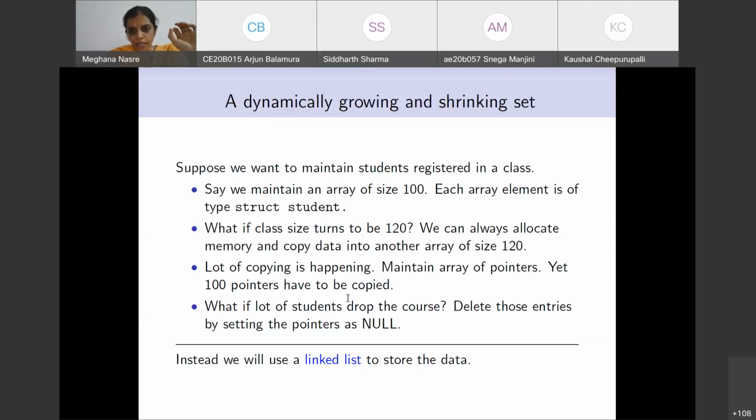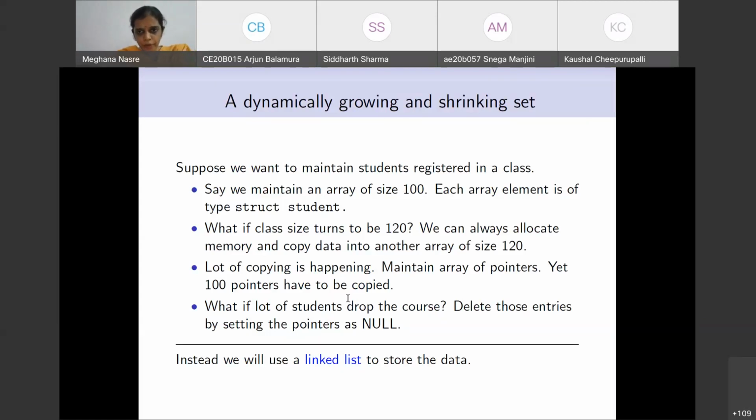So this is our goal in the remaining part of the class. First I'm going to talk about what a linked list is, and we will discuss what operations a linked list should support. Based on that, we will write some functions, and then we will also design the data structure that will allow us to have a linked list implemented in C.